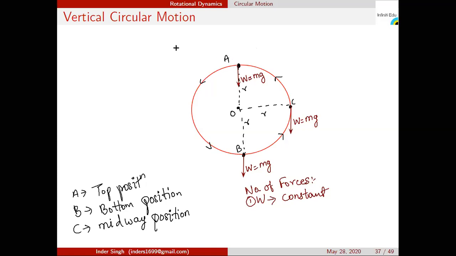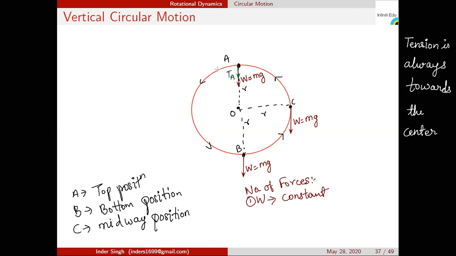always towards the center. What should we notice? Tension is always towards the center. So at position A, what is the direction of tension? The direction of tension will be towards the center. So this line is very much less in length, which means its value is lesser at position A. So the tension is very much less at position A.